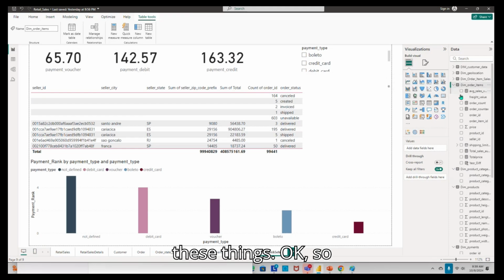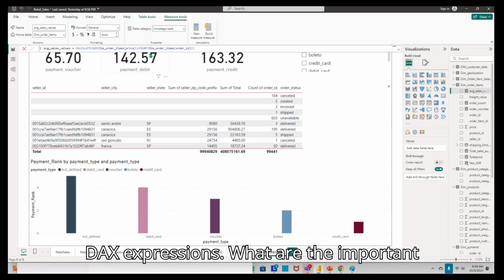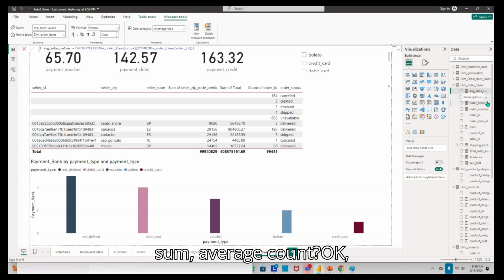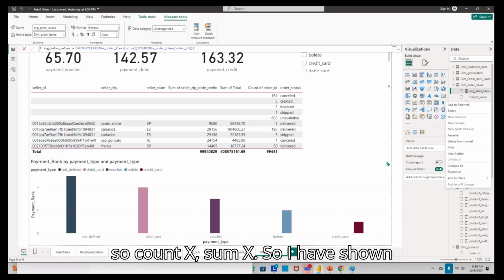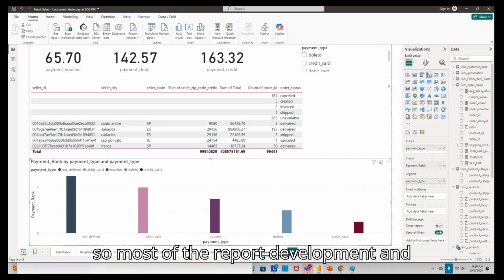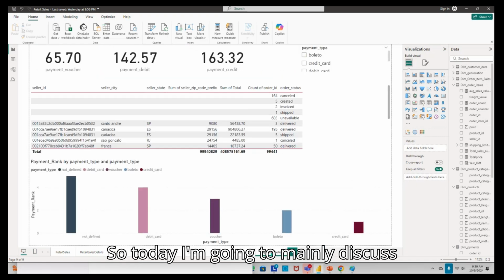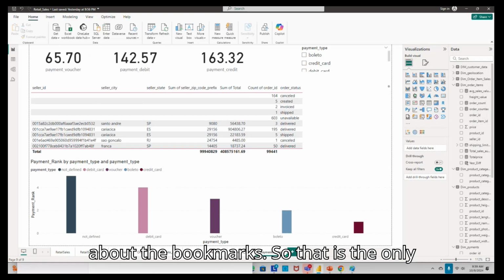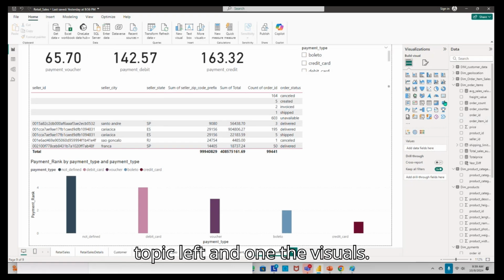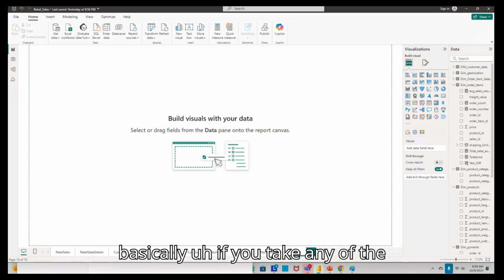Okay, so we have done various DAX expressions. What are the important ones: sum, average, count, COUNTX, SUMX. I have shown the differences and everything, right? So most of the report development and design part we have already discussed. Today I'm going to mainly discuss the bookmarks. That is the only topic left, and the visuals. Basically the benefit of bookmark visuals is this: